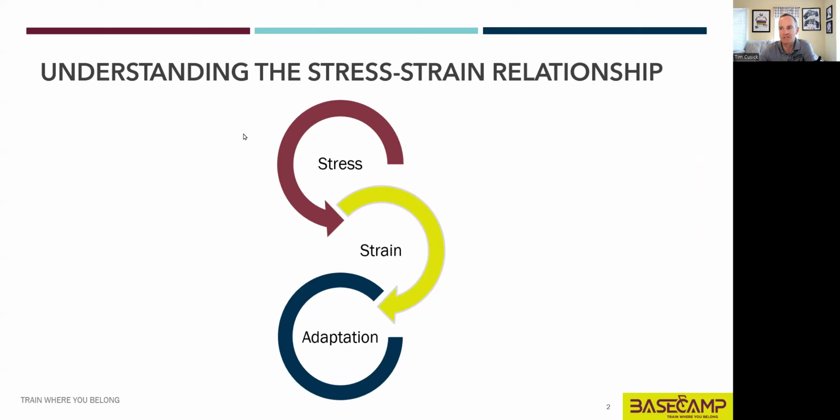We need to understand this stress strain relationship. So when we apply stress to the system, you're the system in this case, right? When we apply stress, the system undergoes strain. Under strain, that system has a whole bunch of responses. And if we apply the stress right and create the correct strain, you will adapt to that strain. You will get stronger, better, bigger, faster, all the things that you want. So understanding the stress strain relationship, and that's what we do our analytics on, is how we can improve the